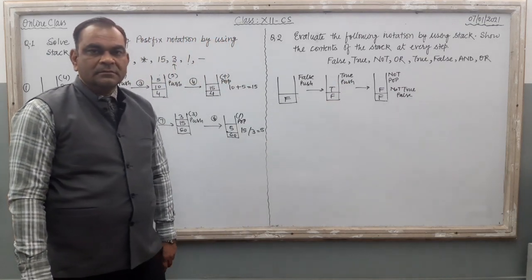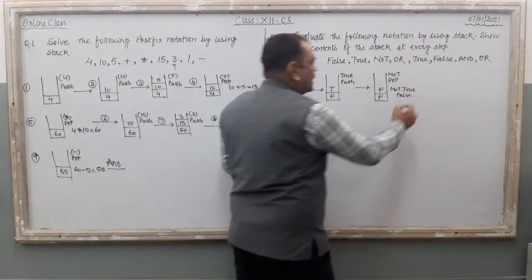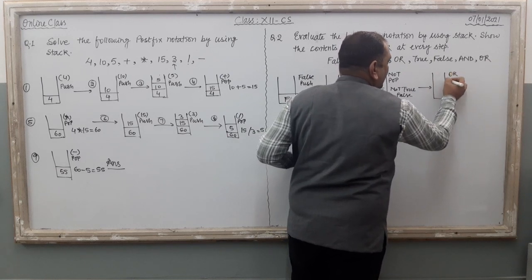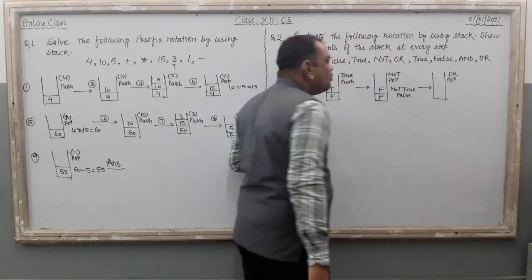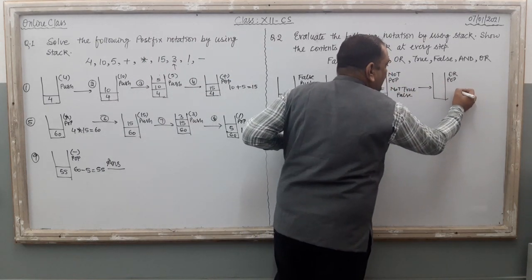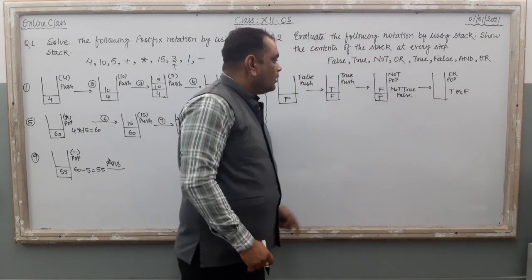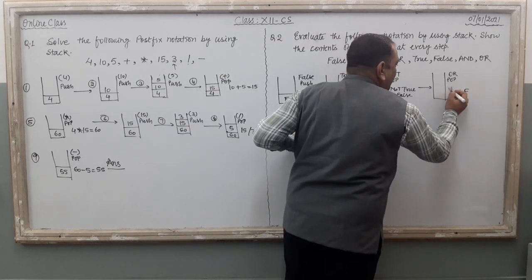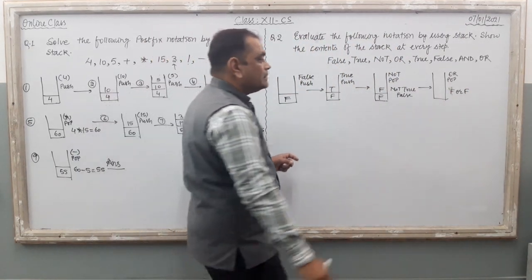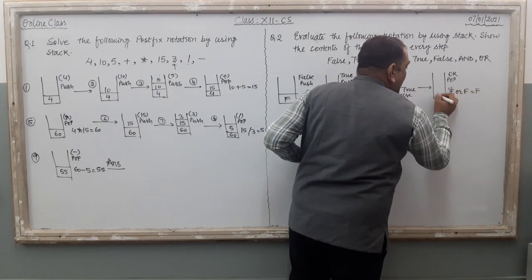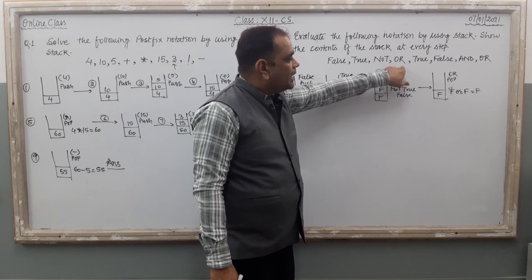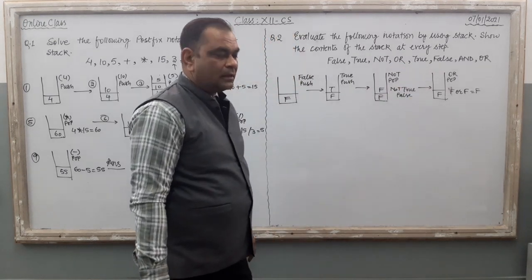Just see. Right? Next one, the OR operator is there. So OR is a binary operator, so we have to pop two operands from the stack. Just see the sequence. First F, then OR, then true. Oh, it is false only. False or false. Right? Evaluate. False or false means the result is false over here. Just put the result back into the stack and your stack looks like this when you apply this OR operation on the stack. Clear?